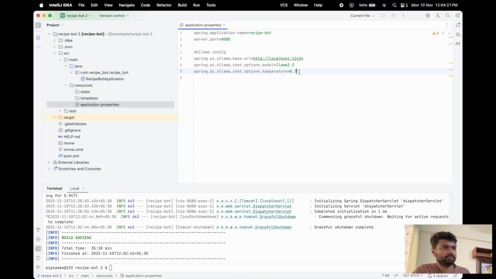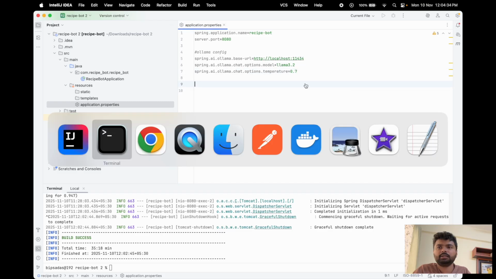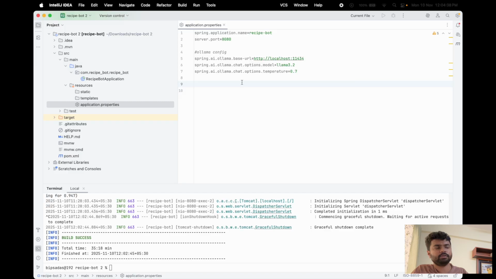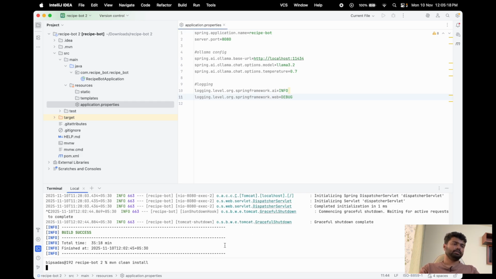Once we are done with all these Ollama configurations, what we'll do is we'll add few logging related configs here. So basically we have added the log levels for the Spring AI and for the Spring Web suite that we are going to use. After we do this, we just do a clean install once,